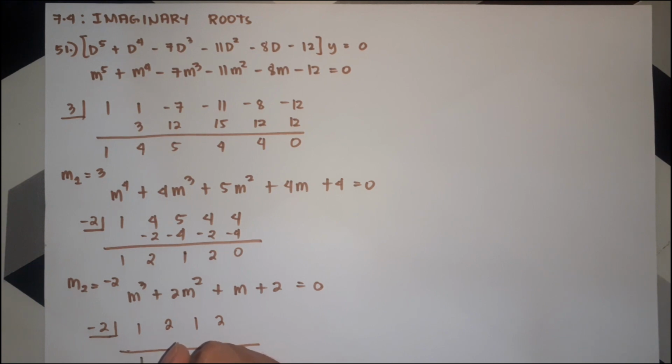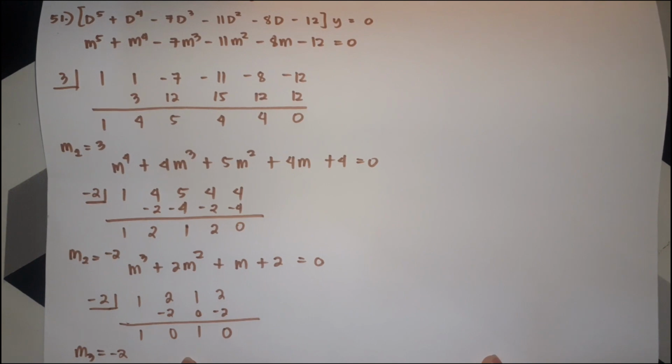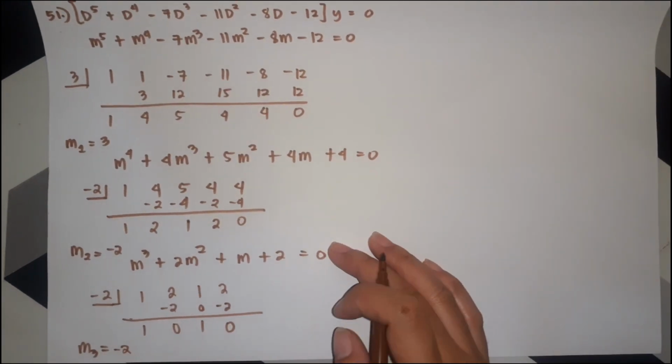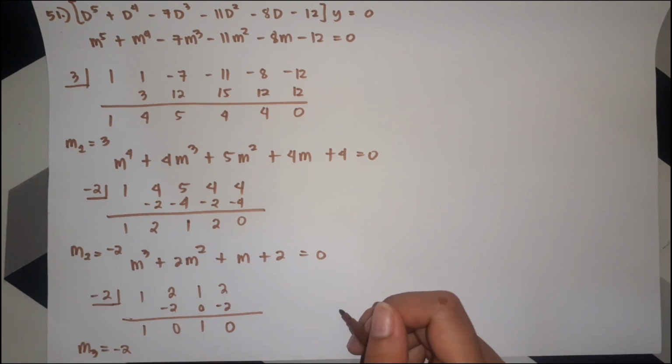So this will be 1, negative 2, 0, times negative 2 is 0. 1 times negative 2 is negative 2, which gives 0. So our third root is equal to negative 2. We already have negative 2. So if we write the remaining coefficients into a polynomial equation, this will be